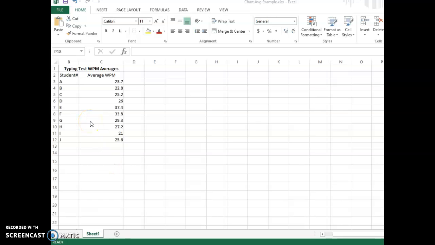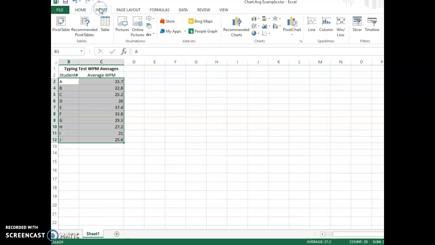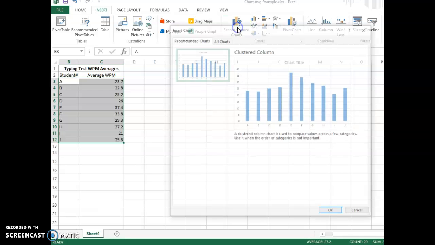So first I'm going to select the range where our chart is going to go. Okay, so I chose B3 through C12, and this is actually typing test averages of students that I had last year. So then you would go to the Insert tab on the ribbon and go to Recommended Charts, and the